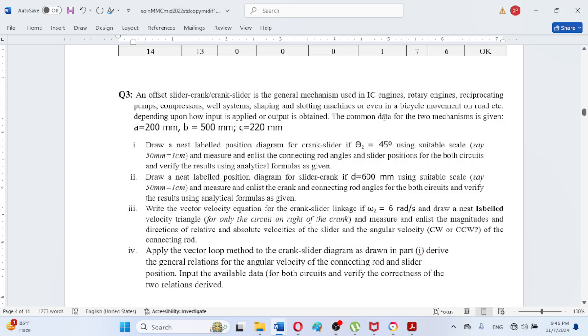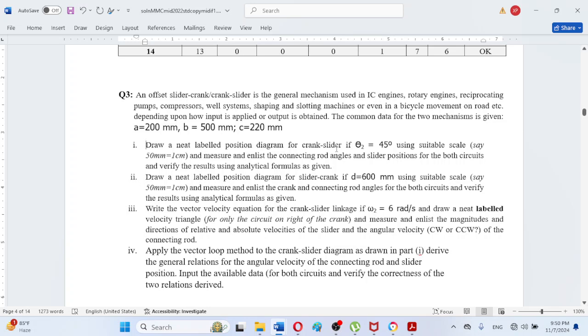So the common data that was for both mechanisms: a is the scalar length of the crank, which is usually denoted by link 2, and that was 200 millimeter, and b is the length of the connecting rod, which is usually denoted as link number 3 in the textbook of design of machinery, and c is the offset. That was told to the students in the exam, that c is the offset, that is 220 millimeter. So the first requirement in question number 3 was to draw a neat labeled position